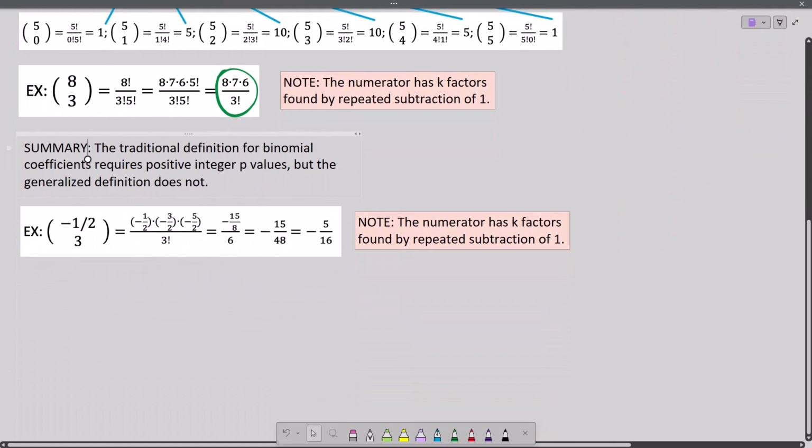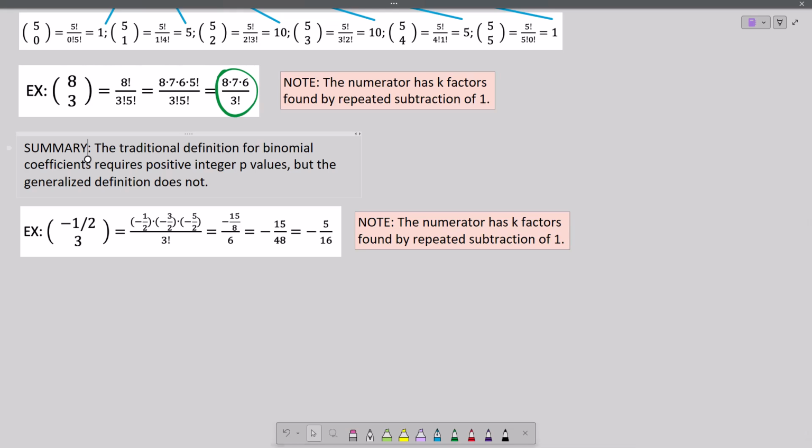So for example, if we want to get weird here, we could say, hey, let's put a non-positive integer there. The denominator just becomes whatever the lower number is factorial. And the numerator, we take the initial number, right there, 8 in this case, repeated subtraction by 1, until we have that number of factors. So we take the negative half, we subtract 1, we subtract 1. Now we have 3 factors in the top. And now we get a value for this